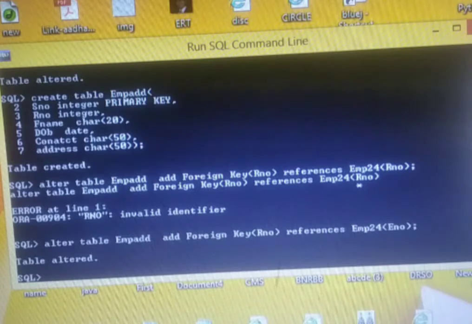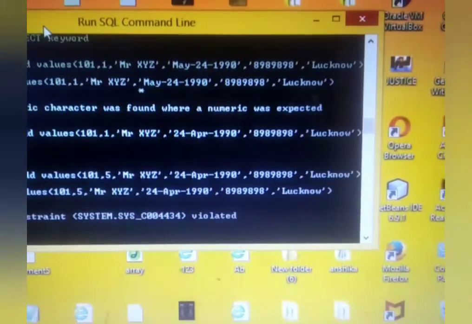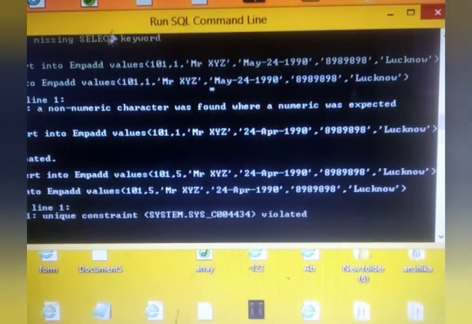See, if you are making any changes in the original table ENO, automatically here also it will keep on updating. So in this case I am trying to insert a record.